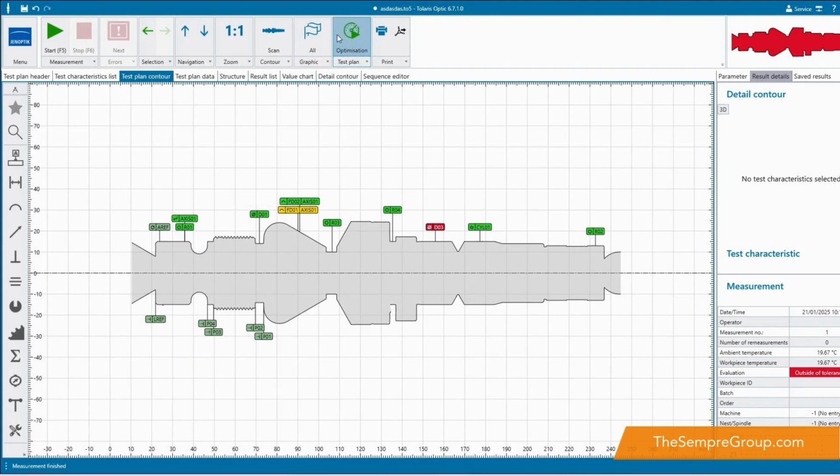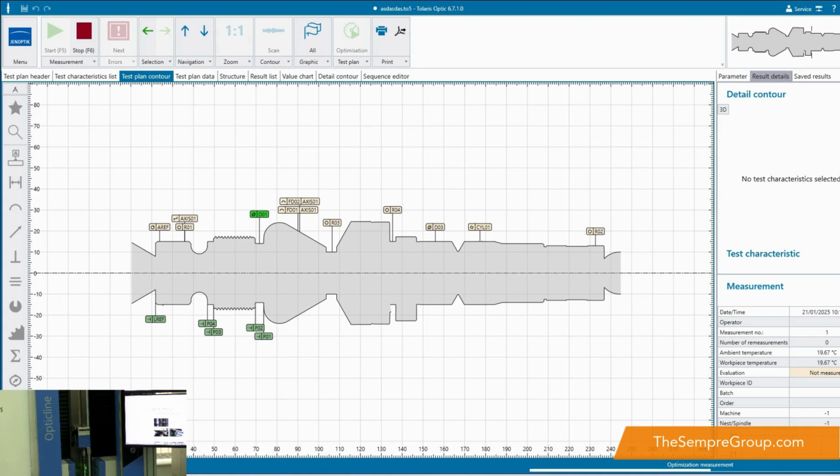So on the software, we have this optimization button here. So what I can do is I can click optimize and click OK. And what the software does is it's trying to select the best camera to use for the measurement. So obviously where we have the 3 cameras, we're selecting the best one to use for the measurement to reduce the time that it's going to take to measure. Okay, so it's the methodology for us to be able to speed up programs. If we have a component in a part family that's only up to a 40mm diameter, I can exclude the other 2 objectives, but that part family might go to 130, 135mm diameter, so I need to have the capability of the larger